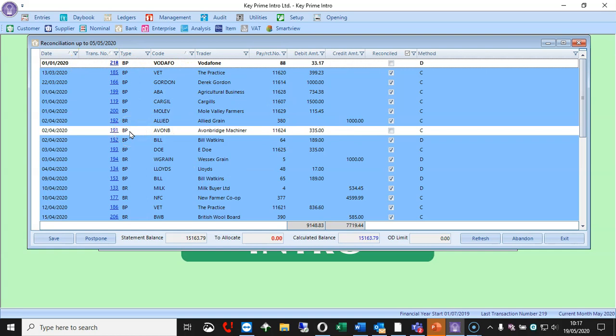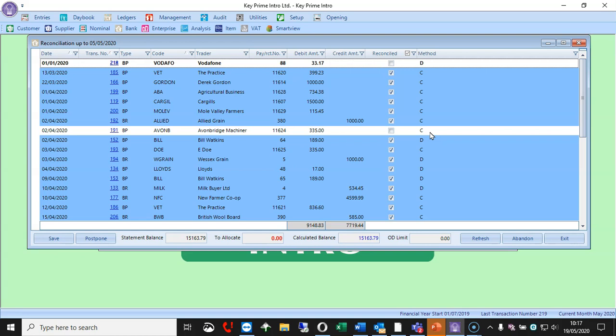Now we need to take a view on these as to what they are and what we need to do with them. It may be for the Avonbridge there that it's only just happened and the check might still be in the drawer and you haven't posted it yet, so that one is absolutely fine.